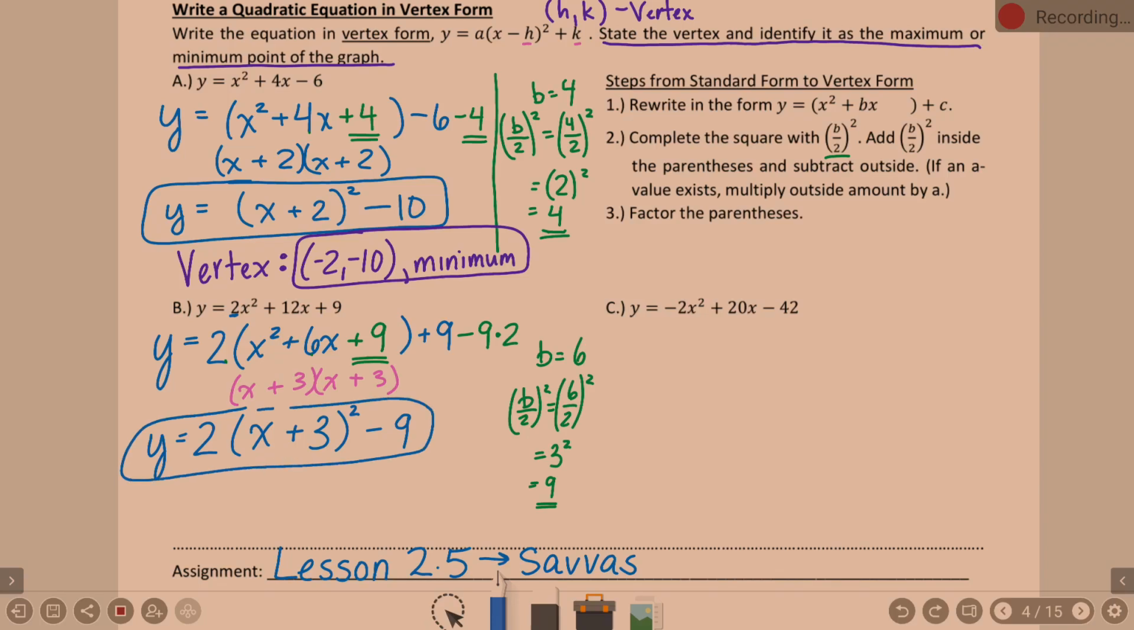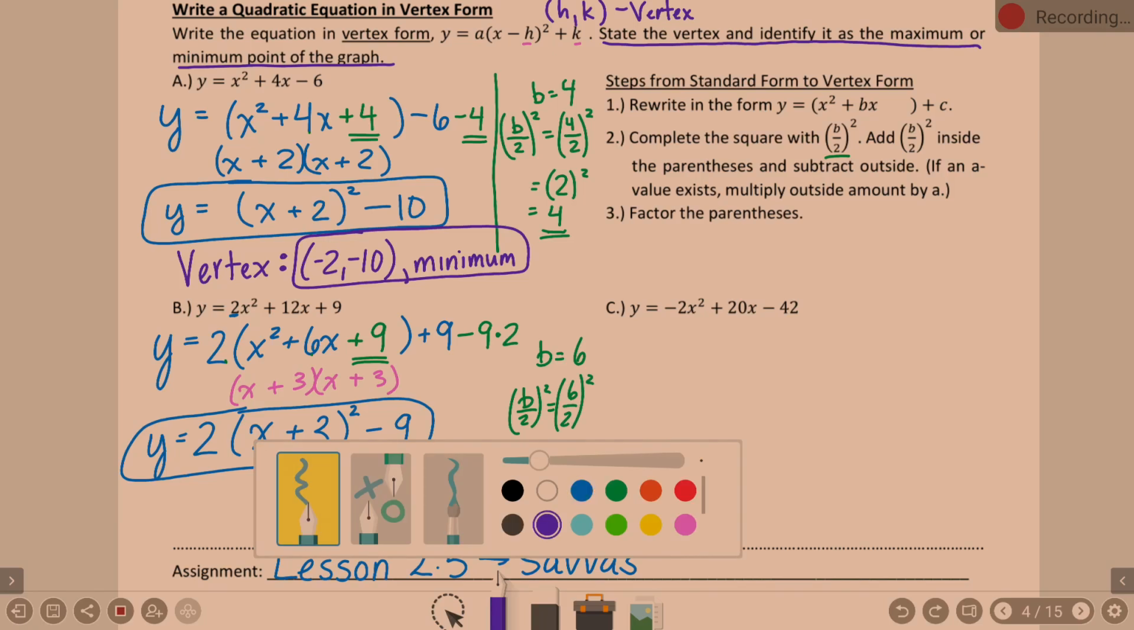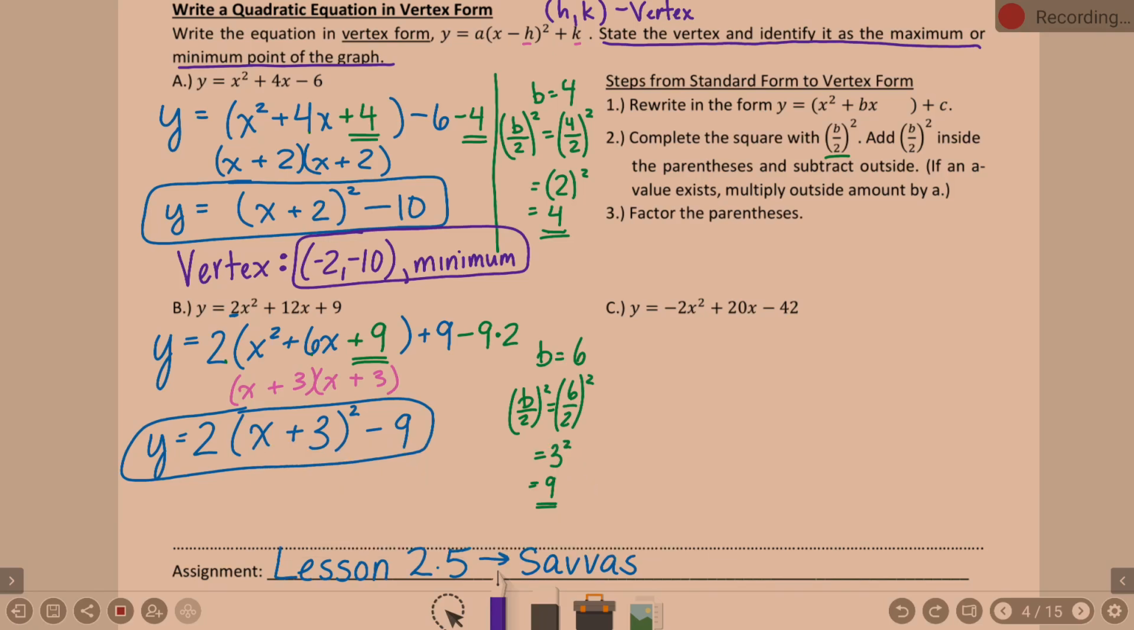Okay, there's your vertex form. 2 times x plus 3 squared minus 9. That's step 3. That's you're done. The other thing you're asked to state, it's not part of the solving, but the vertex, and is it a max or a min? So vertex, HK,